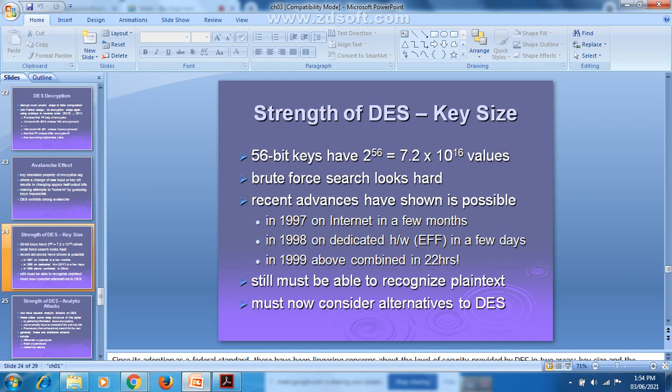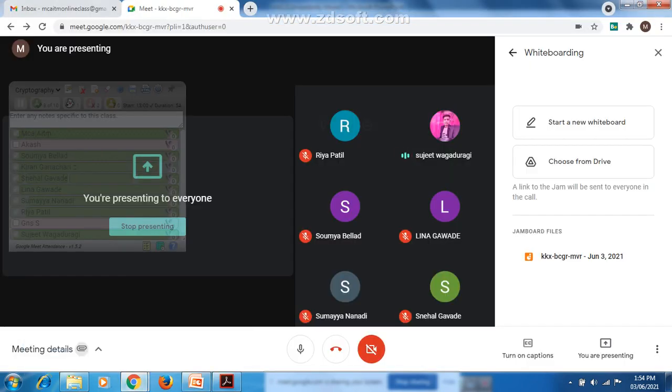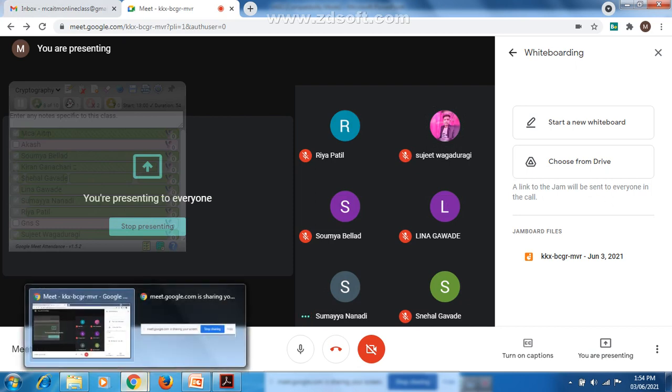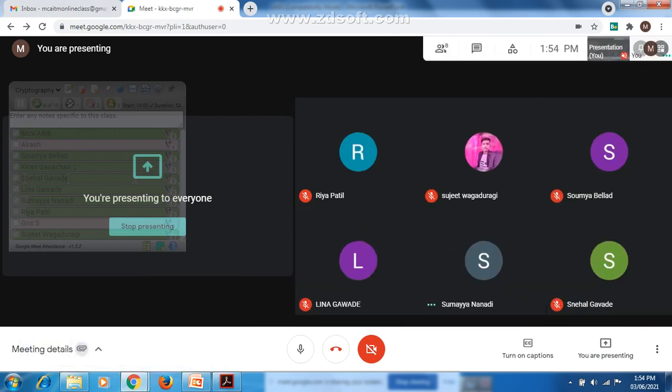By using all those things, the algorithm becomes very robust. So the cryptanalyst will not easily attack such an algorithm. It is not possible for him to recognize exactly what plain text is being sent to the recipient. These are the 2 strengths with respect to DES. I hope it is clear.